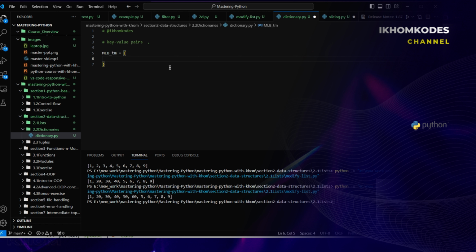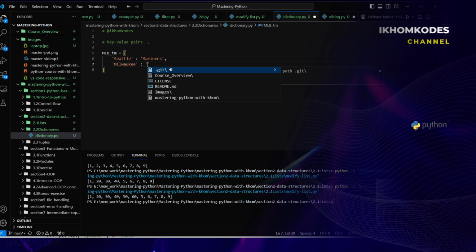So let's get it started. Let's say we have Seattle, and this is a key, whereas I have Mariners. Similarly, in Milwaukee we have Brewers,